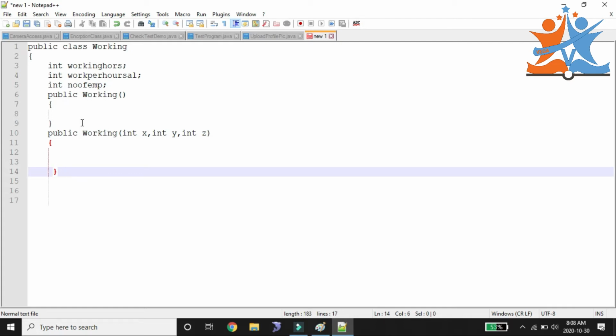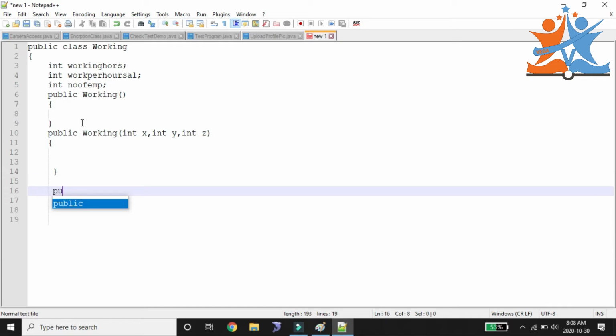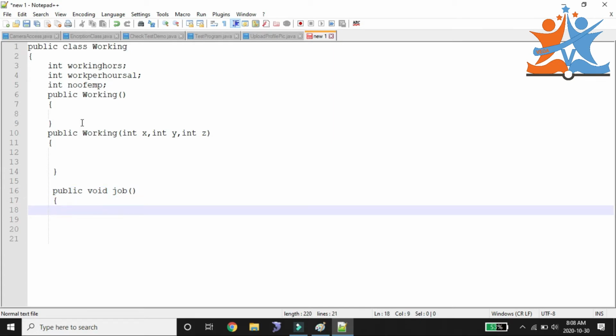I'm taking one method for that: public void job. Inside this method I need to print, System.out.println of double quotes, working hours in minutes.